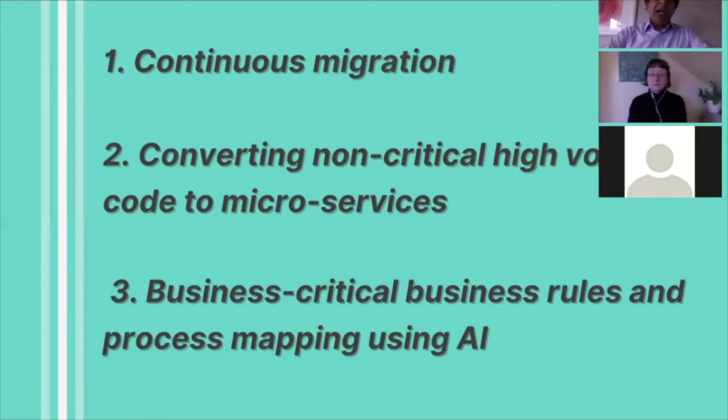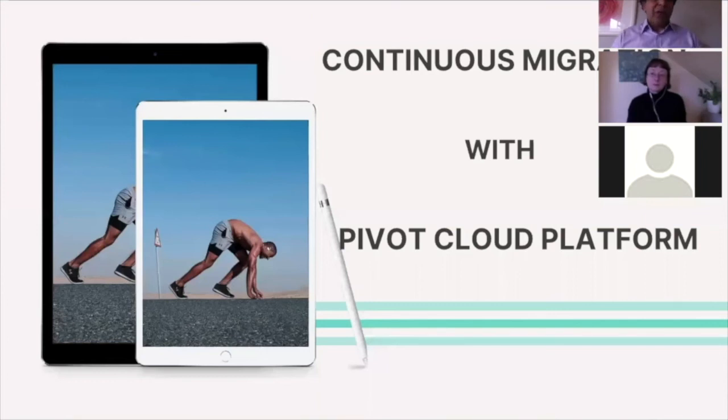When you're dealing with highly complex applications, for example, if you're in the insurance business, you understand that changing a policyholder's address as well as the policy type could cause enormous business rules and business processes to be executed in the middle. Sometimes a dozen or more business rules are applied. Understanding these, even manually trying to do that, is a daunting task. So let's start with the easiest, the continuous migration.